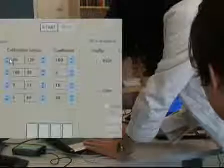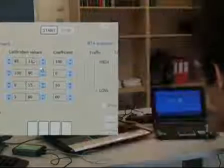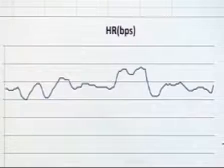First of all, she is connected with all the technological devices, including a head-mounted display, a joystick, and biosensors that record her heart rates and skin conductance. At this point, the therapist turns on the biofeedback device and records the patient's physiological parameters for 3 minutes, while the patient is in the rest condition. This serves as a base